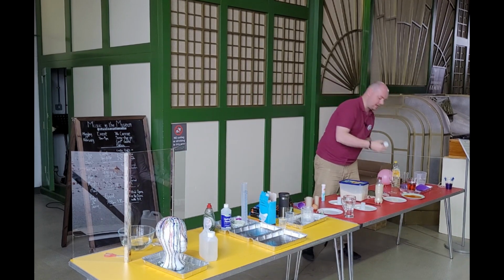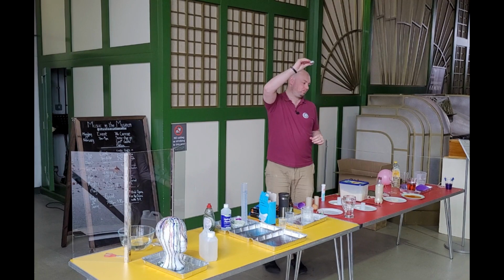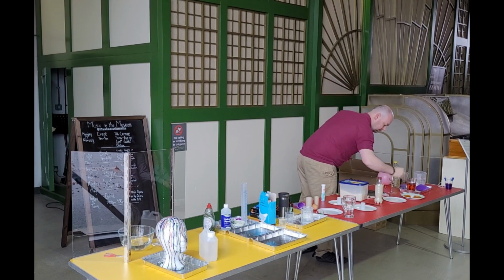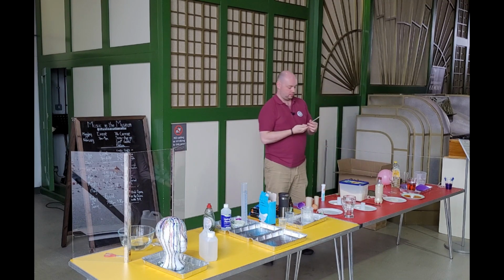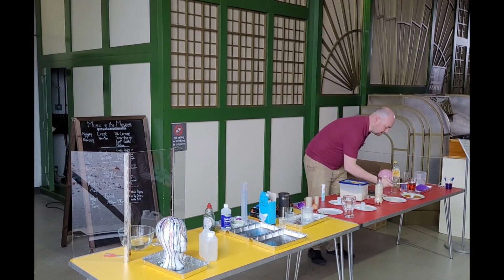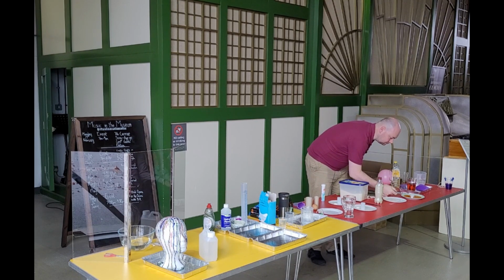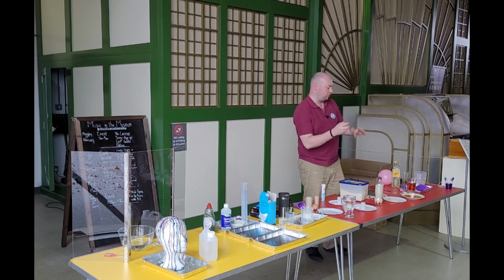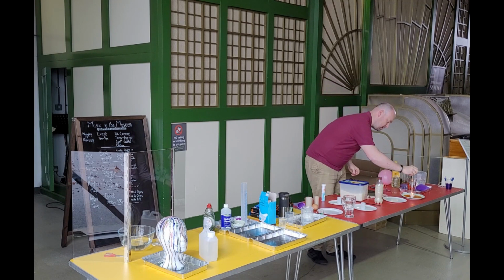So what I'm going to do is take a tea light and set it in the middle of the water. And I'm going to use my lighter to light my tea light. And then I'm just going to put the glass over the top, press it down nice and tightly, and hopefully, if this works,